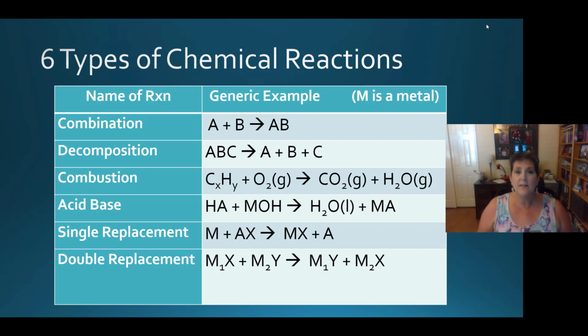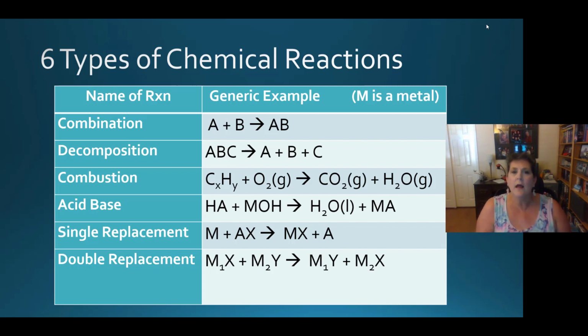So a combustion reaction is a hydrocarbon plus oxygen gas making carbon dioxide and water vapor. The fourth reaction is an acid-base reaction. We learned in chapter 9 that an acid is a chemical that usually has an H in front. And a base, for us, Arrhenius bases, are something that have an OH hydroxide in back. Now what happens when an acid and a base come together is the H in the acid and the OH from the base join up, hook up, and make HOH. What is HOH? Right, it's water, and this is liquid water.